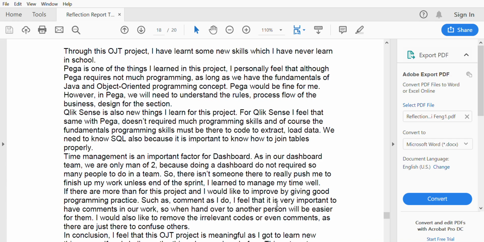Quick Sense is also one of the new things I've learned in this project, because in my school, what I learned is QuickView. Although QuickView is roughly the same as Quick Sense, I think some of their concepts are different, and it also doesn't really require much programming skill, but we need to know some SQL statements, like how to select, how to insert, how to create tables, how to join tables, inner join or outer join tables, and time